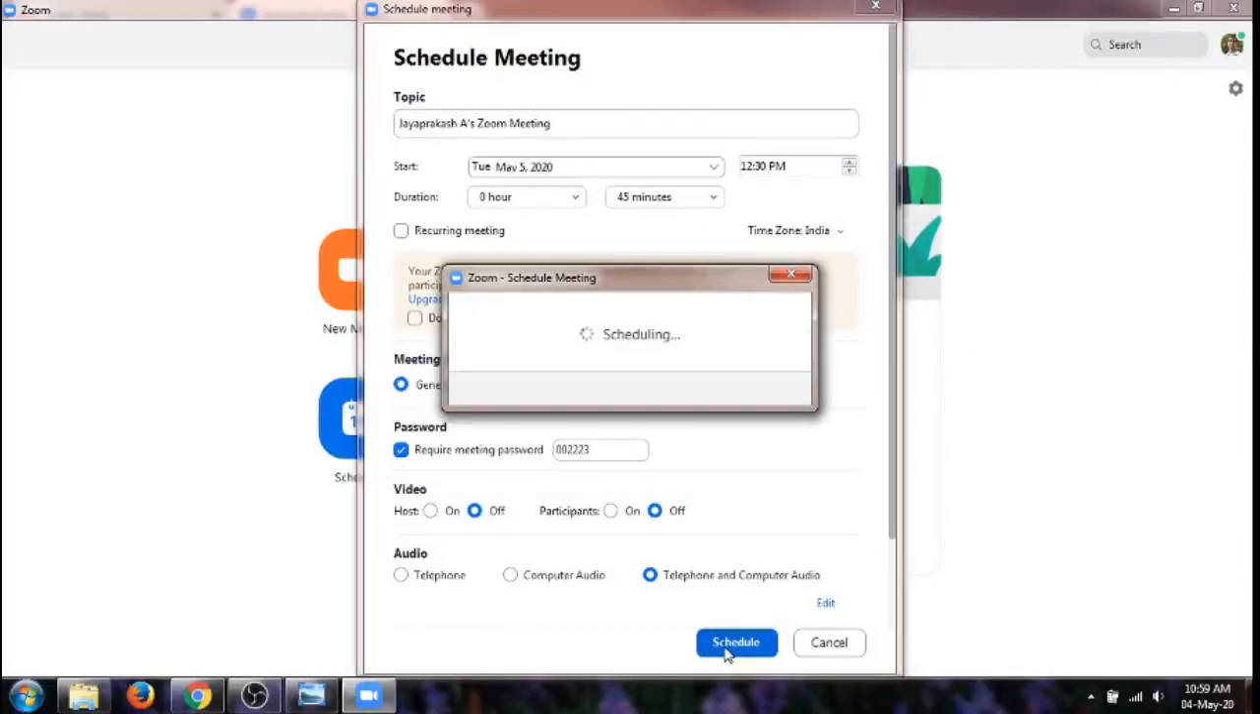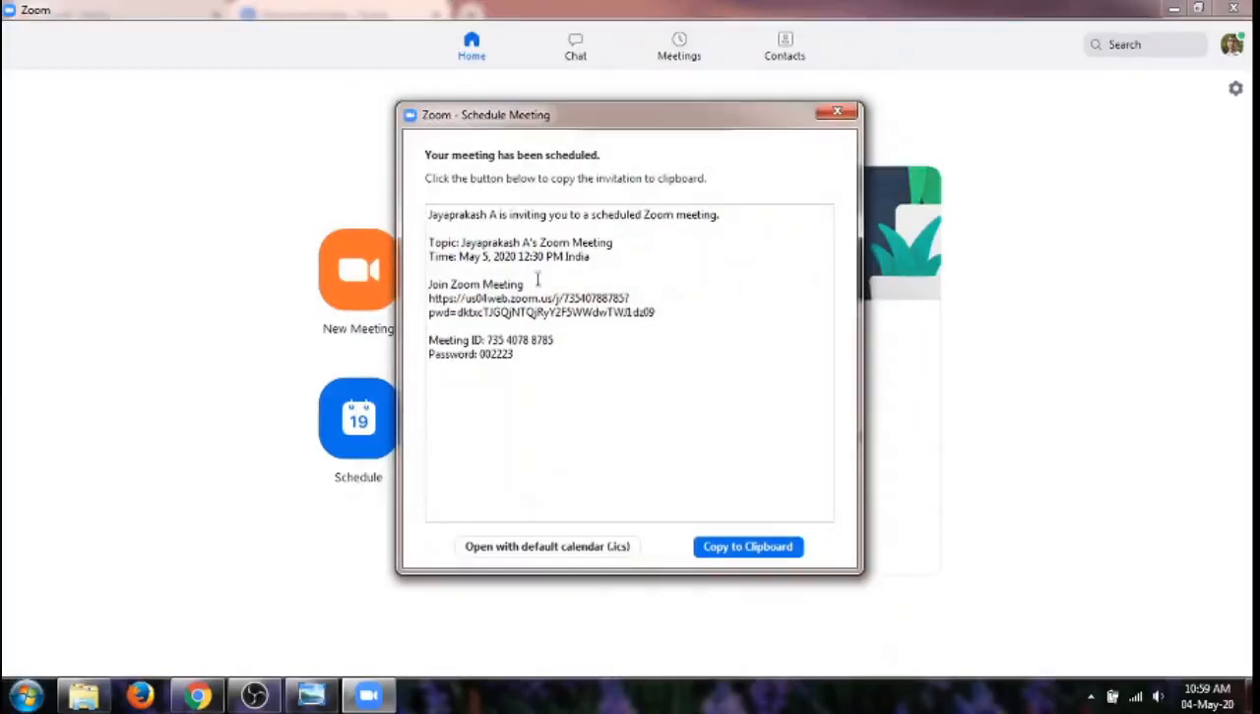Once the meeting is scheduled, a new window automatically appears, which includes the invitation for the meeting. We can copy that invitation. So the invitation has now been copied to the clipboard. This button, we can use it to copy this entire invitation. We can click it and it will be copied, and this copied invitation can be right clicked and pasted on